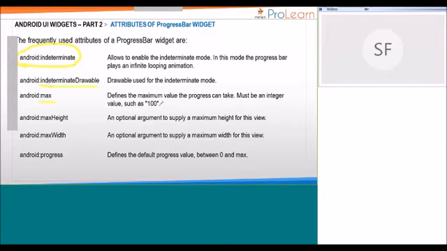If you are using a horizontal progress bar, then you can specify the max, such as 100. Likewise, max height, max width, and the progress. If you directly specify progress equals 50, then immediately 50% is completed. For example, if you set the progress as 20, then